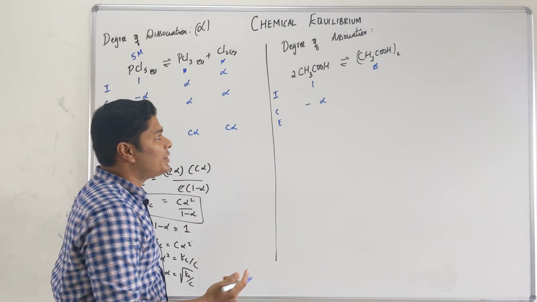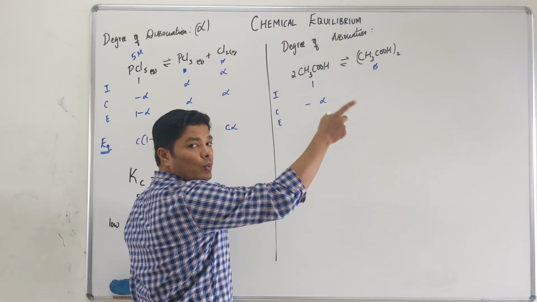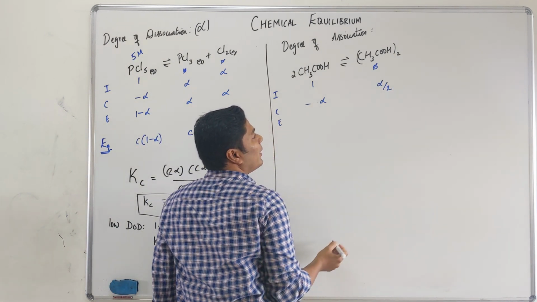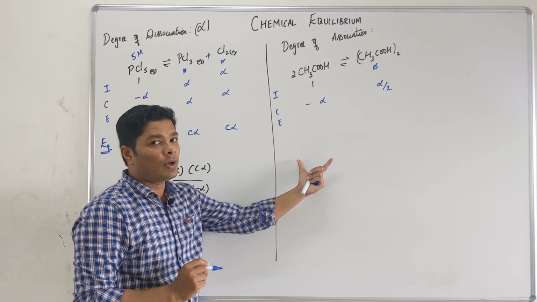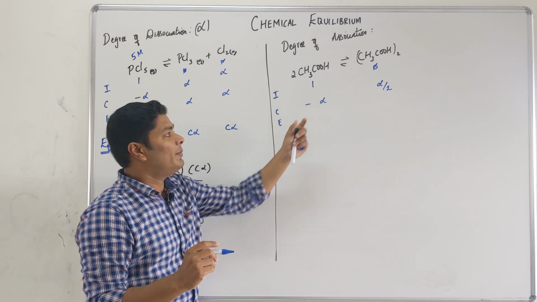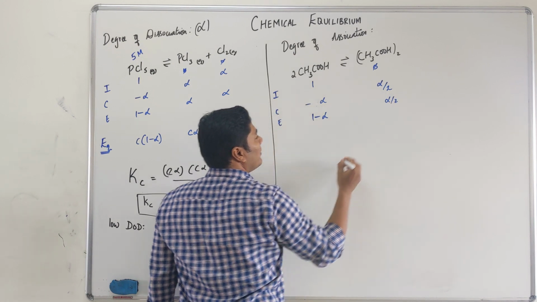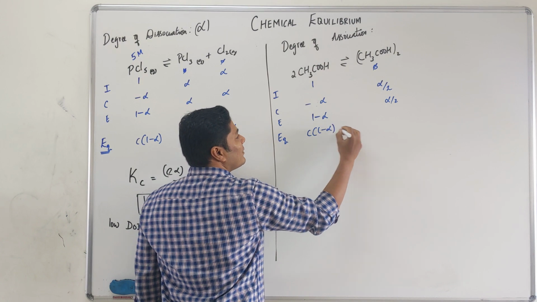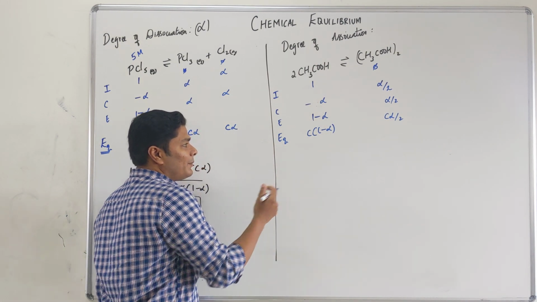Okay, what is going to change is 2 molecules gives me 1 molecule. 2 gives you 1, so alpha will give you alpha by 2. Again, you cannot carry over the 2 here. For degree of association, that's the only change that you want to remember. The degree is always out of 1, so this has got to be alpha. So equilibrium is 1 minus alpha, alpha by 2. At equilibrium you can say C into 1 minus alpha, C alpha by 2. Okay, now you can set up your ice table.